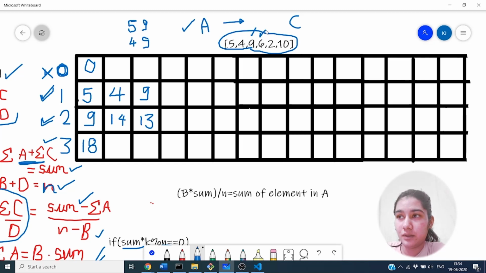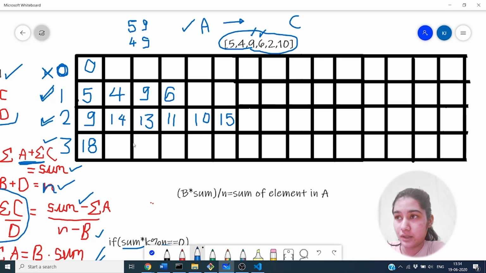Now the next element is 6. Similarly, if we have only a single element in the array A, the only possible sum is 6. Now for 2 elements, 6 and 5 gives 11, 6 and 4 gives 10, and 6 and 9 gives 15.